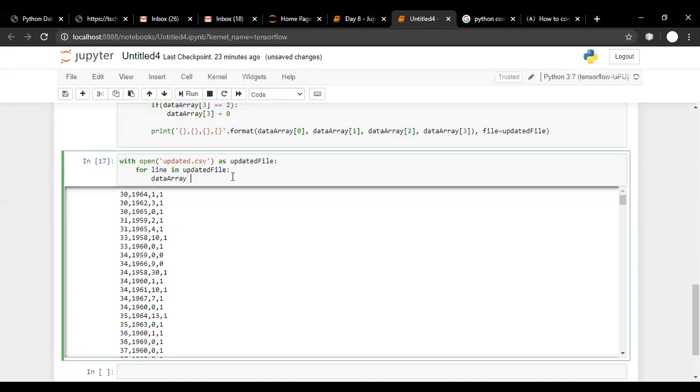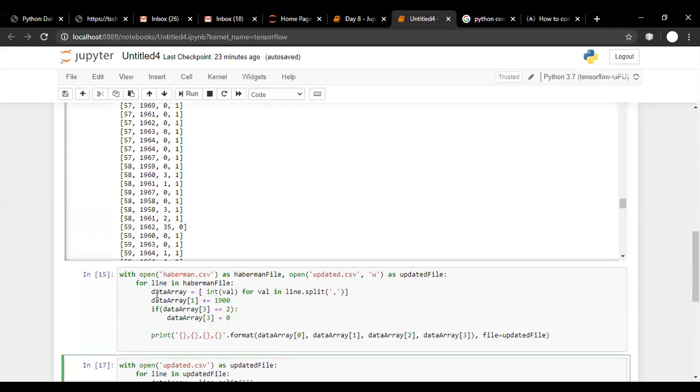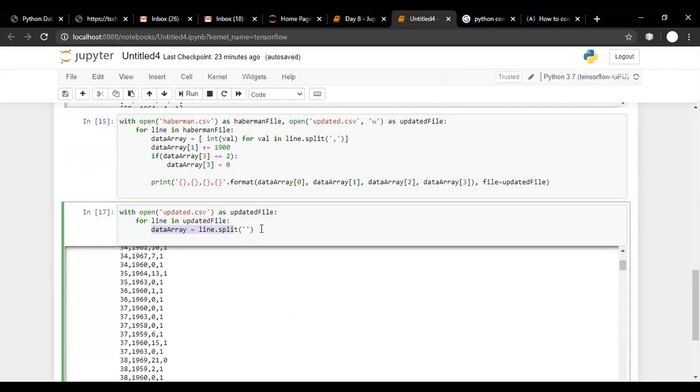Okay, thank you, class. So let us say we have a data array, and we are splitting our line into an array using line.split. But as we have already seen, it will give us a string array, but what we want is a character array. So the simple thing to do is what we did here, something like that. Am I right? But here there is a problem. I'm not saying it is a wrong thing, but there is a problem.